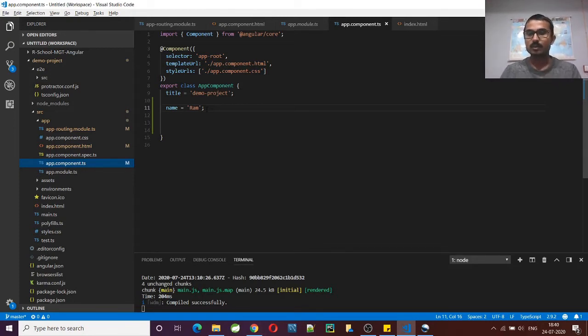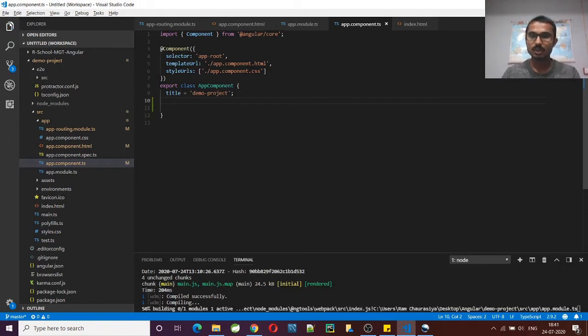The second one is property binding. In property binding, we have some properties in our component file, and we want to make use of those properties in our HTML file dynamically at runtime. How will we do that?